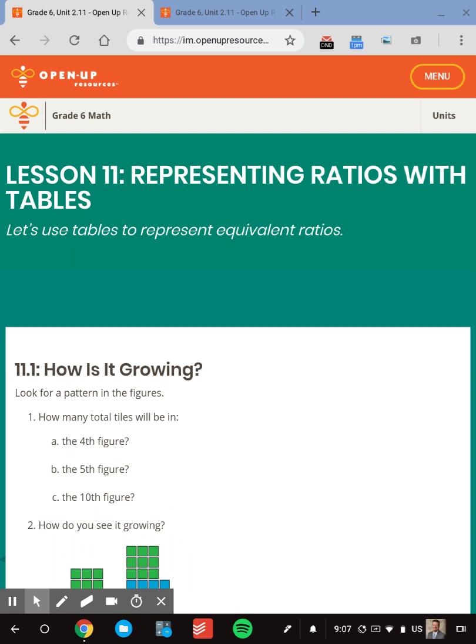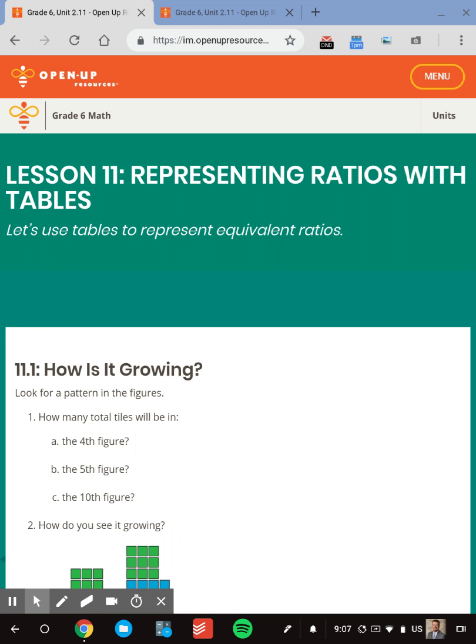So let's take a look at lesson 11 with Unit 2 in 6th grade math. We're looking at moving to our next tool or representation for these ratios, which is a table. So kind of getting more and more abstract from starting with that very concrete to the discrete diagrams to the double number lines, and now we are on ratio tables. So kind of our most abstract, and you're going to help the students kind of build that idea during this